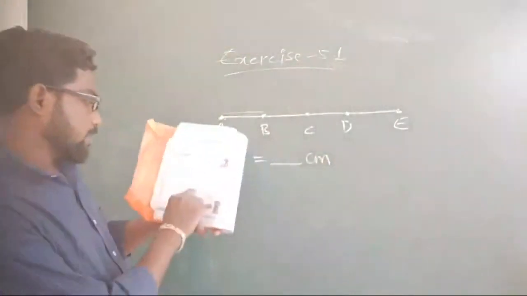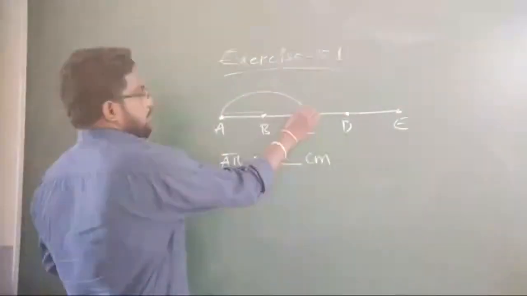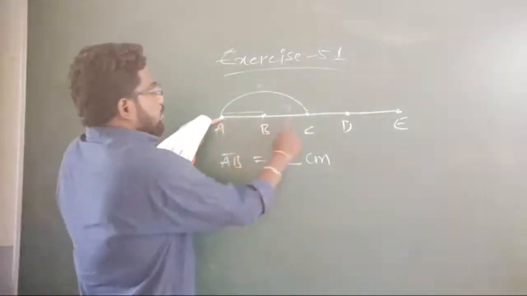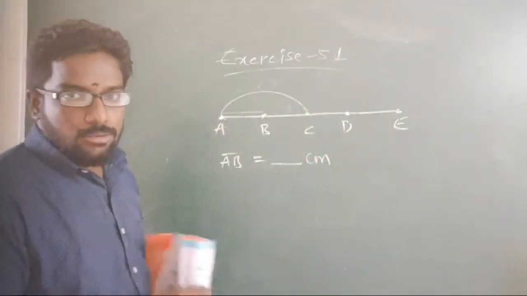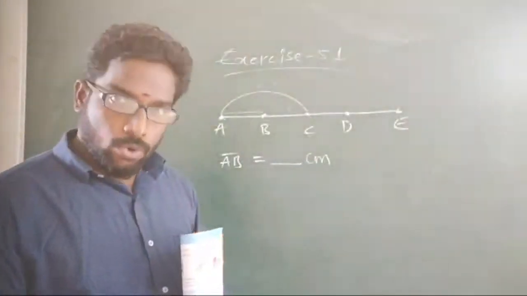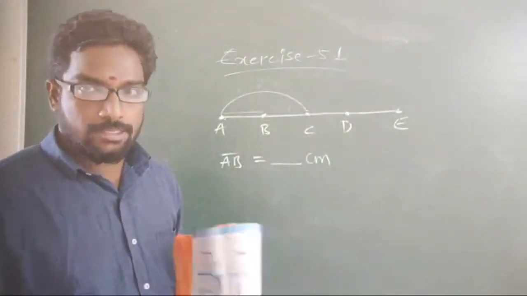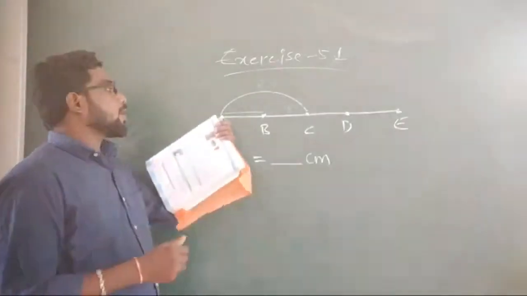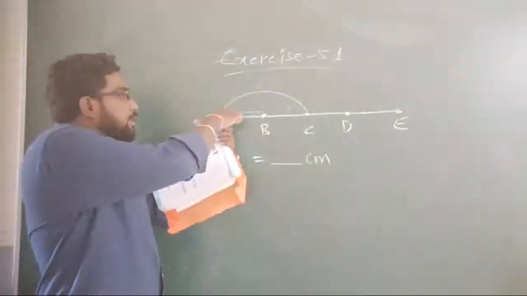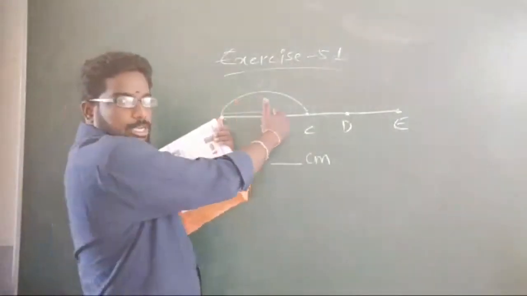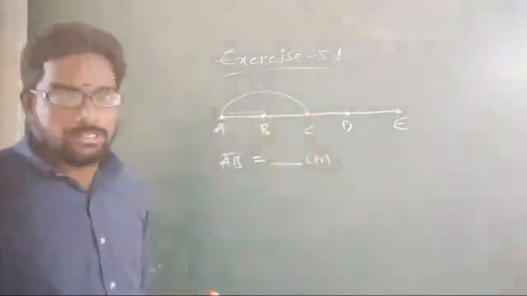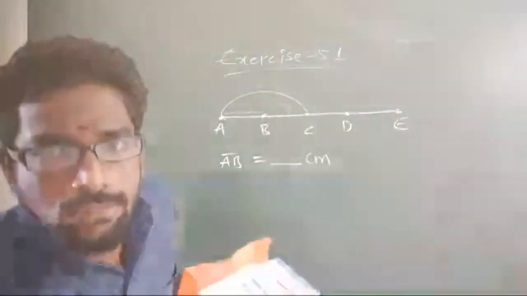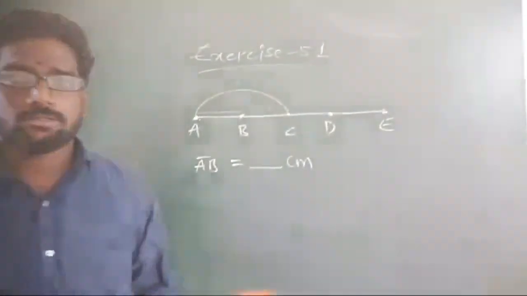Next, we have to find out the length of AC. AC means from here to here. From here to here, find out the length. Just keep the 0 on here and up to here, find out what's the length. By using your ruler, you know already how to measure the line segments. And a ruler will have centimeters from 0 to 1. At one end, just keep the 0 and on the remaining other end, see at what place it has stopped. So it's not clear, Ajit Kumar. Okay, now it's clear.